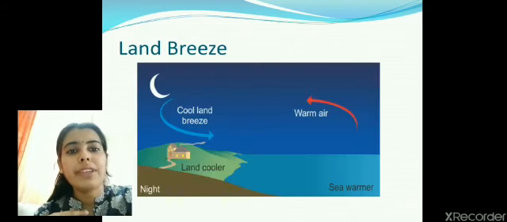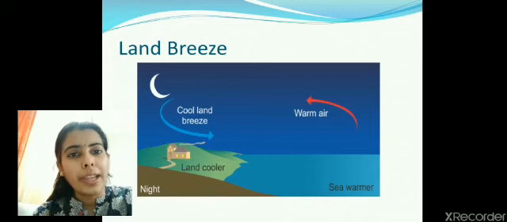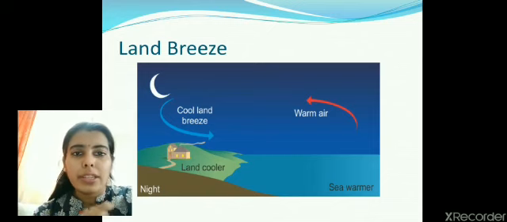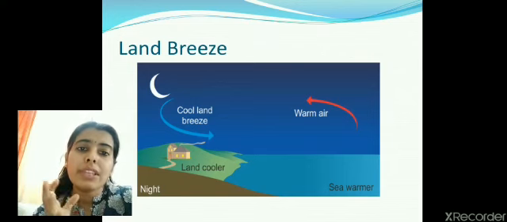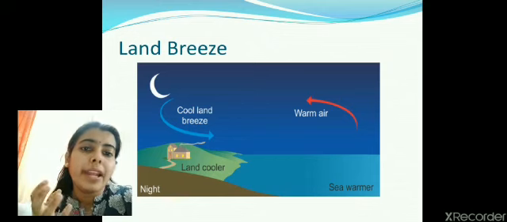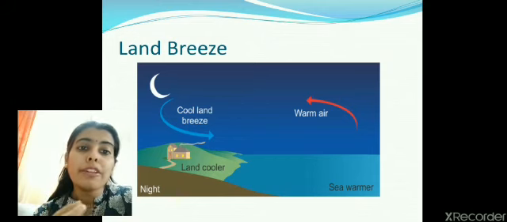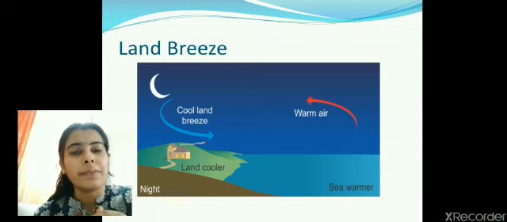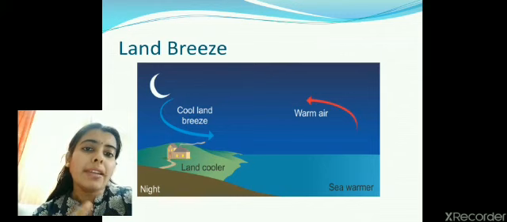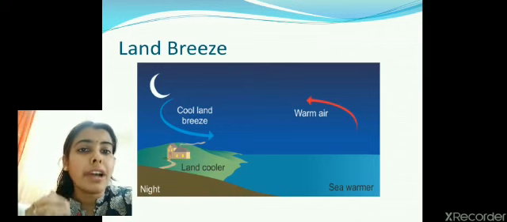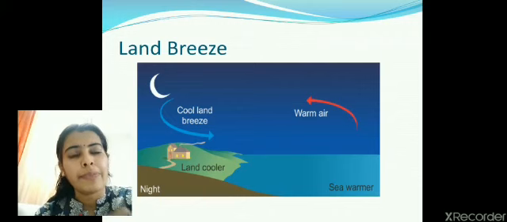Land breeze. Reverse will happen. Now what happens during the night? Sun is not there, so there is no source of heat first of all. Now during the whole day, sun was giving the heat, land was getting heated. Now the land has a tendency to get cooler faster as compared to water. So during the whole day the sun was giving the heat. With that heat, the water is now becoming warmer. Till the evening the water has turned warmer, and now in night the land is getting cooler faster as compared to sea. So the air above the sea will be warmer now.